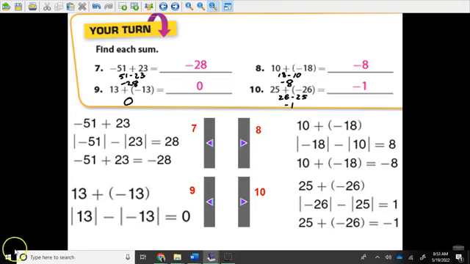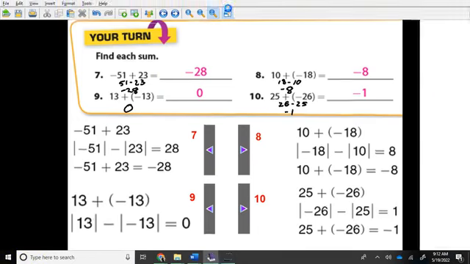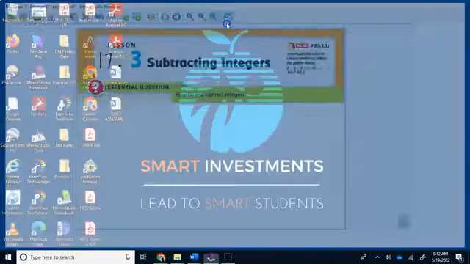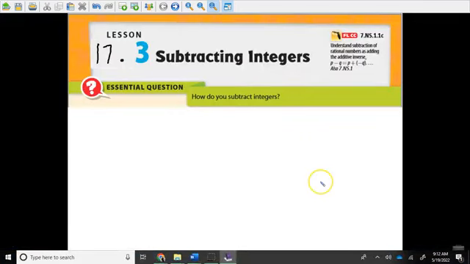And we move on to 17.3. So 17.3 is subtracting integers. This is a little trickier than 17.1 and 17.2, but we will be using 17.1 and 17.2 in this, okay? Very little part is of 17.3. So 17.3 is